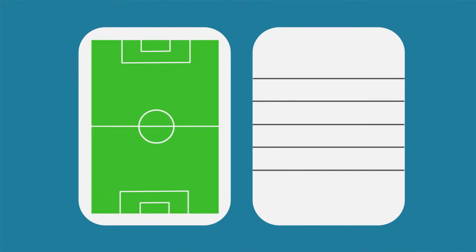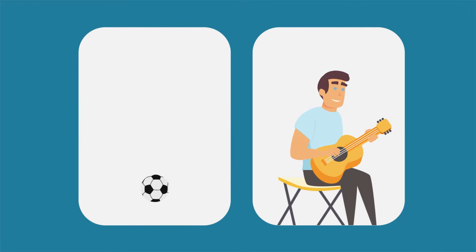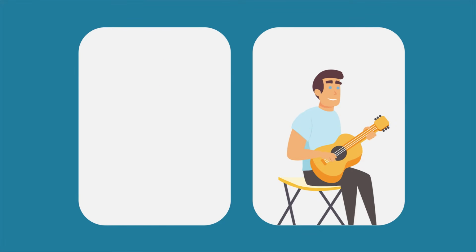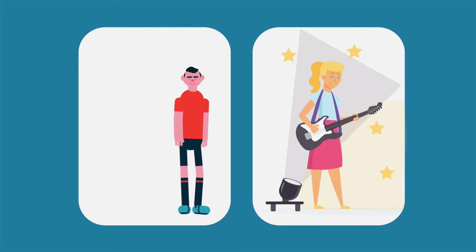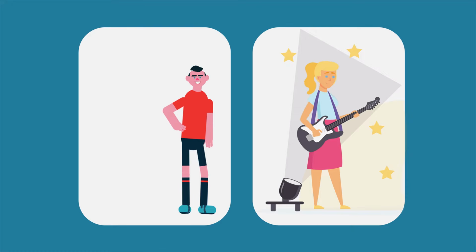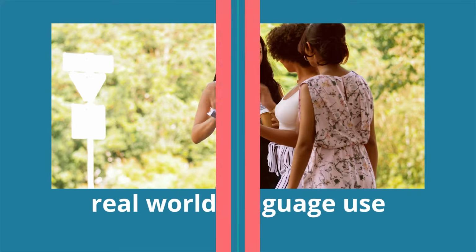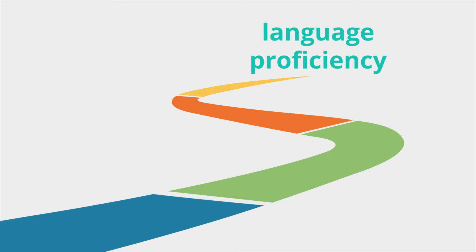We can think of learning a language like learning a sport or an instrument. To be successful, we need to understand the rules, basic vocabulary, symbols, and concepts. Then, we begin practicing skills, and we need to keep practicing over time, going over different situations or pieces. Eventually, when we play in a real, unrehearsed situation, we can use the skills we've developed to succeed, and the evidence of our proficiency is clear for everyone. It's the same idea for learning a language. We want to become effective communicators and be prepared for real-world language use. So, with this in mind, let's look at the path of language proficiency.